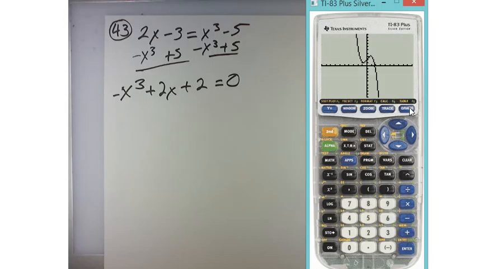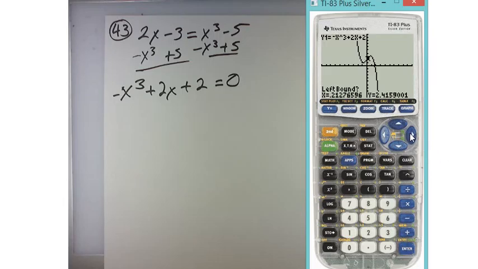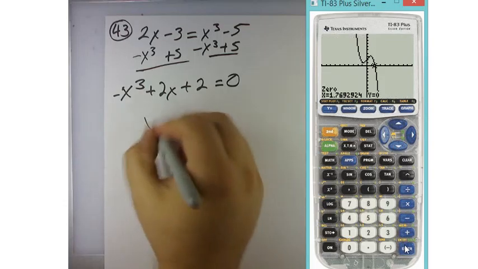Well, we would sometimes suspect that there'd be 3 solutions, but this is going to be one real solution, and then you're going to have a complex number conjugate pair because it only crosses once. So this is the point of interest right here. What I'm going to do is hit second trace, which pulls up the calculate menu, go down to 0, and make sure I'm a little bit to the left of the intersection, a little bit to the right of the intersection, get as pretty close as I can to the intersection,